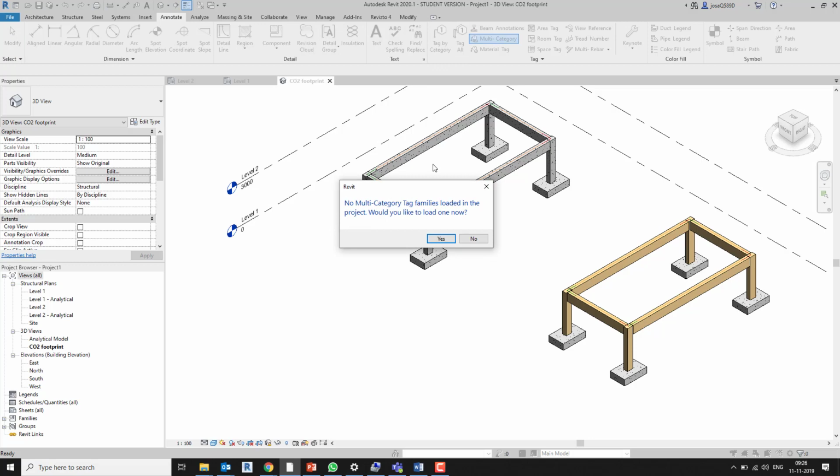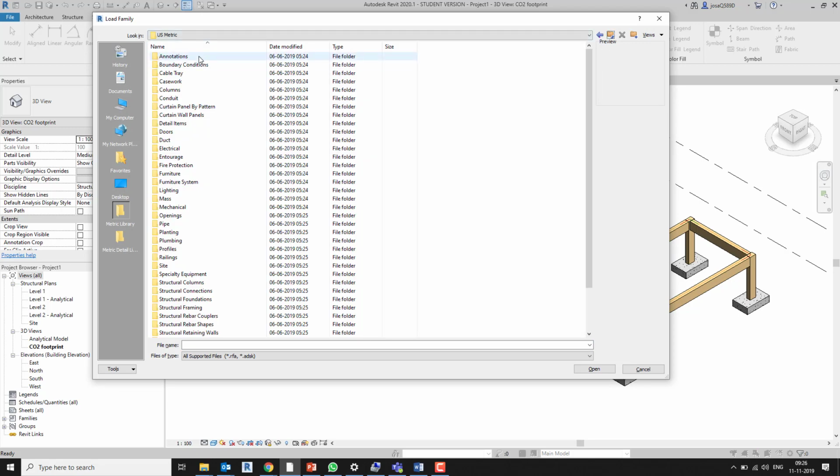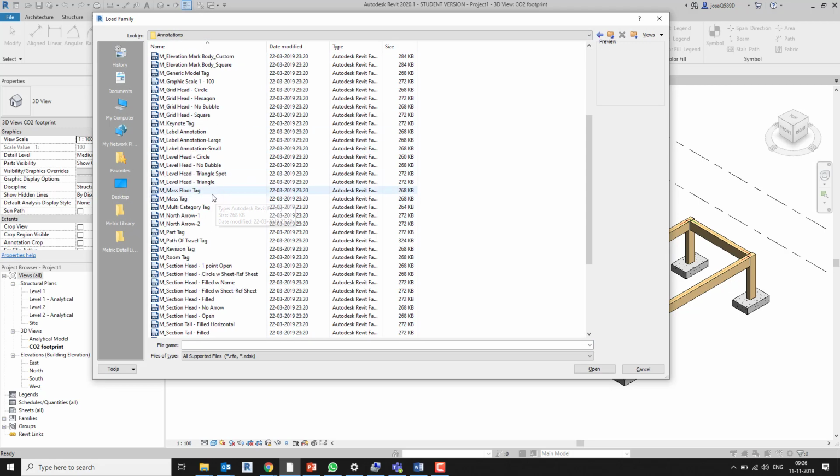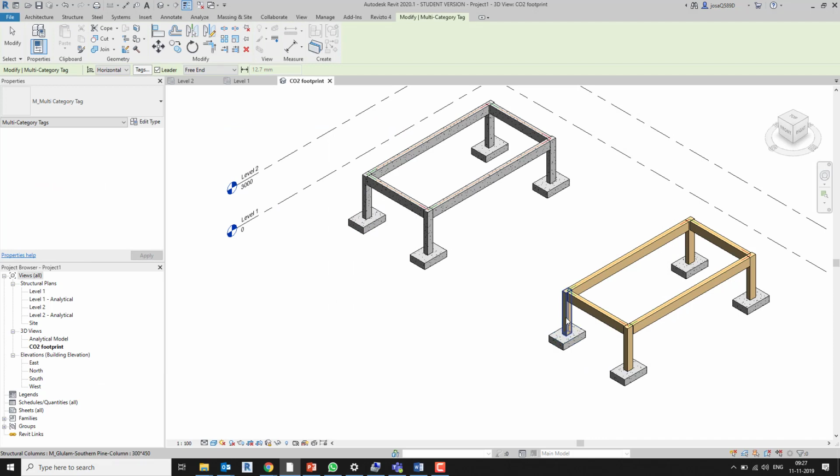No, multi-category is loaded. We want to put load on now. Yes. I'm going to go to annotations. It should be somewhere here. Multi-category. Where is it? Oh, I see here. Okay, so open. It's loaded now. If I go to level 1,